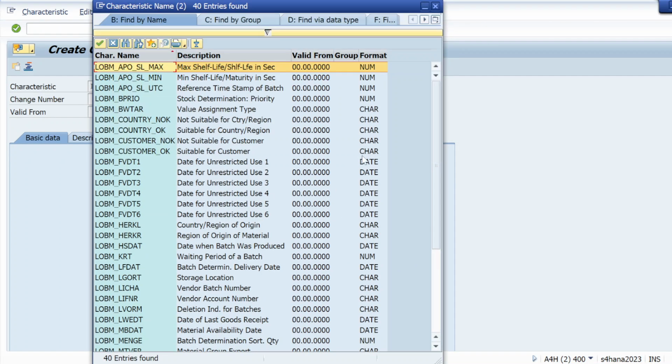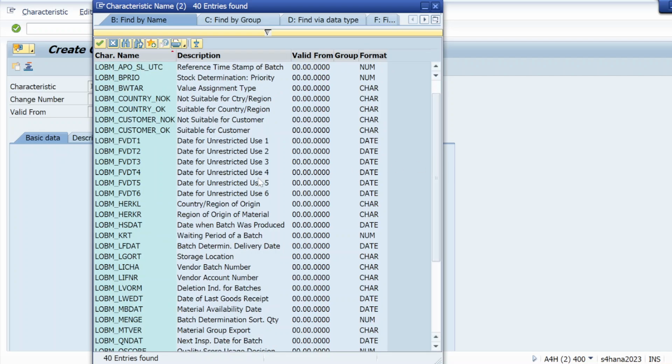Some standard characteristics are also there that I'm going to use. One is the vendor batch number. This is a standard one. And this LOBM underscore LICHA we are going to use.